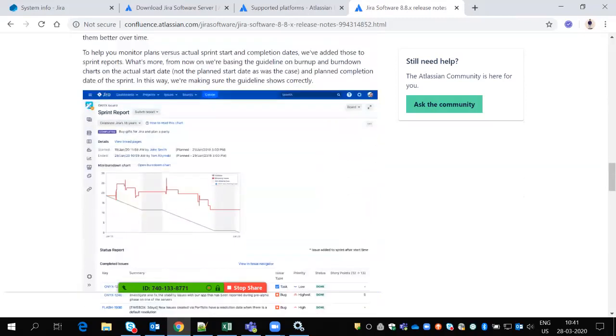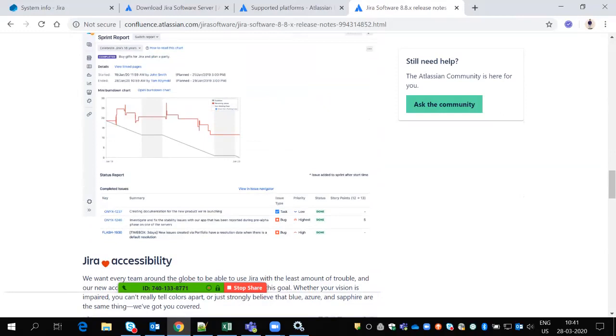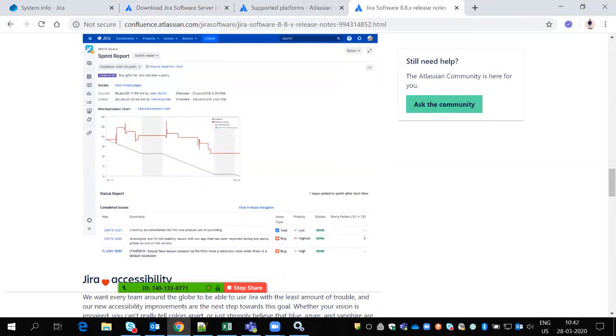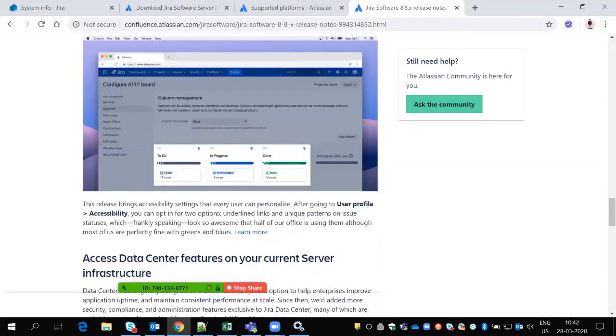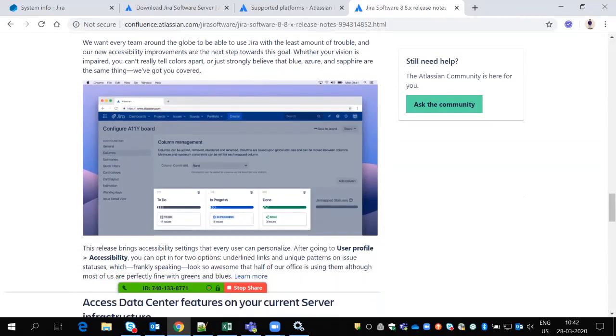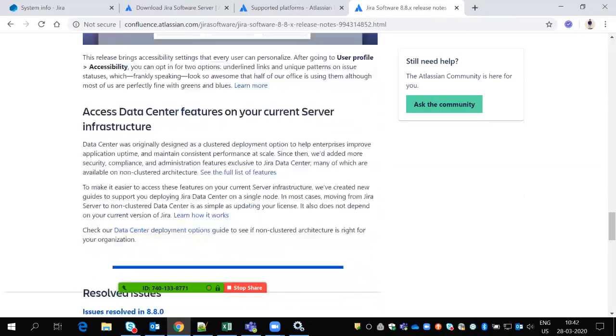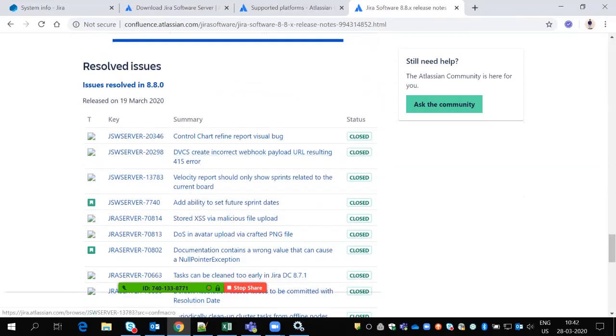And the next thing is that in a sprint release, they introduce some reports and some Jira accessibility. They released these options, like 17 issues, and they resolved these bugs from the older version. So if I see any bugs in the 8.7 version and raise an Atlassian request, they resolve all those bugs in this version.